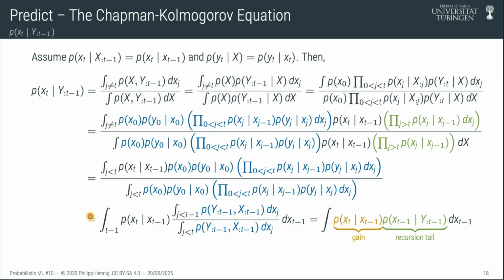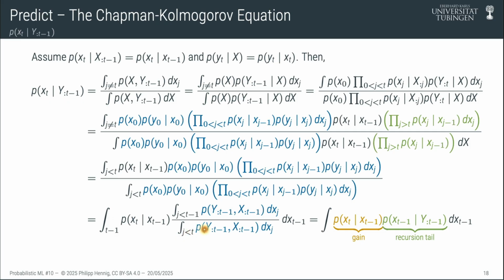So there's only one integral down here, and then there's lots of integrals left. But at the bottom, the integral goes all the way to below t. But in the numerator, it goes to t minus 1. And so we see that these expressions here are the same in the numerator and the denominator. So all the integrals where j is less than t minus 1 just cancel. There's the same stuff in the numerator and the denominator, and so they go.